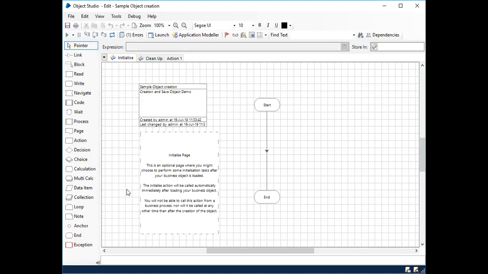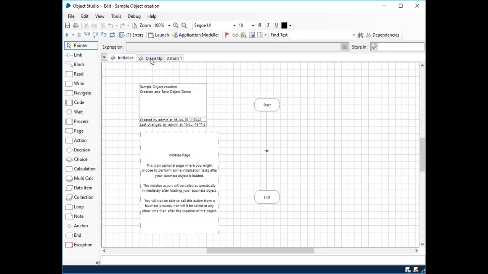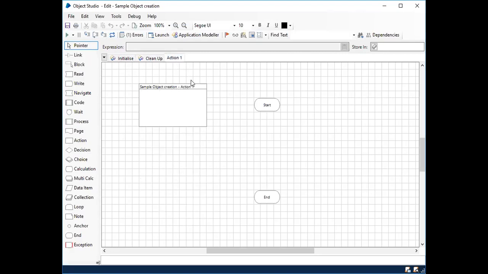This is inbuilt functionality. Whenever your object is called, this Initialize page will start running, followed by the referred actions. In the same way, the Clean Up action is going to run at the end after completion of all your business object actions. Even this is not required for you to configure or call anywhere. It's a default inbuilt automatic functionality. So basically, you don't need to do anything with the Initialize and Clean Up pages. Just leave them as they are. Coming up next is the Action page, the place where ideally we are going to do the development or the screen scraping activities. That is where we'll have an object creation action.